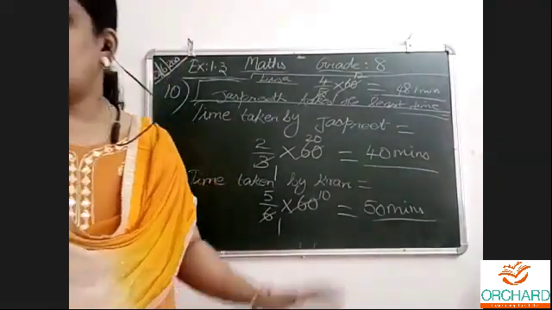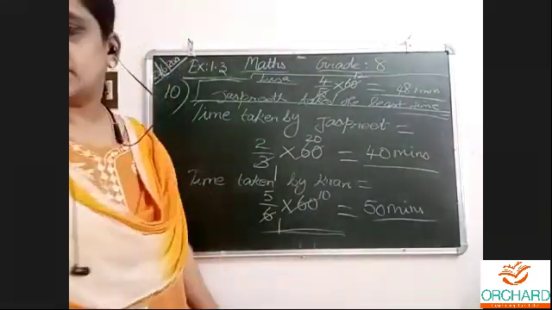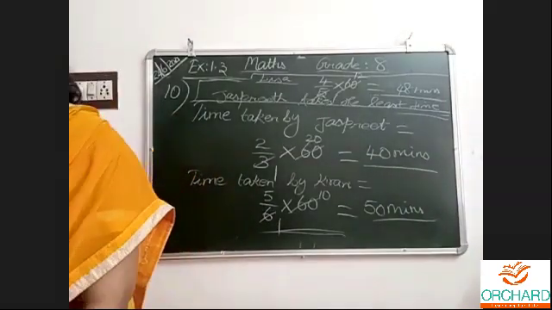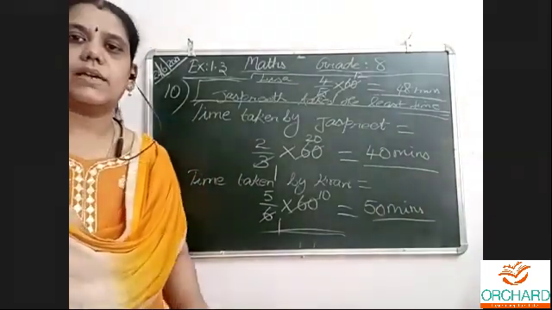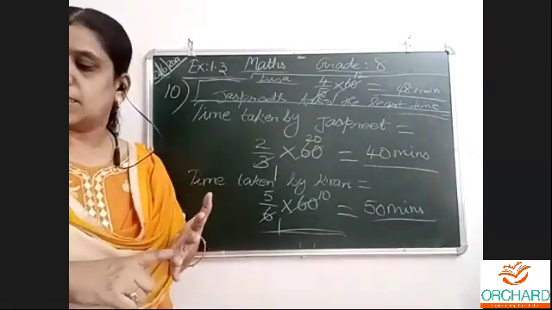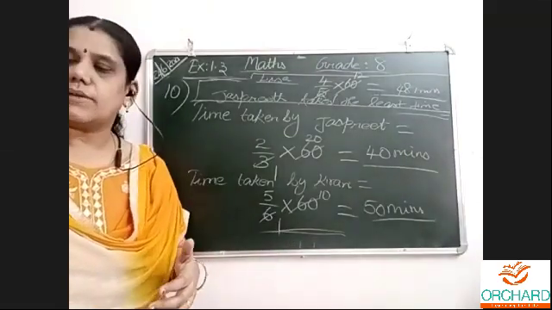Okay. This is the last sum of our rational numbers. Chapter over. Then only the review exercise is there. Review exercise I will give here and there whenever we want. Sometimes in a worksheet, sometimes an assignment, sometimes a class test, again revision. Like this, I will cover everything.